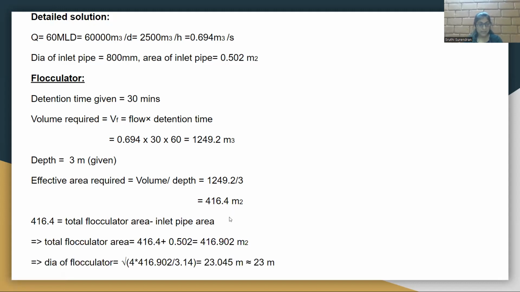From this, you can find the diameter of the flocculator by using the pi d square by 4 value again. We have the area, so you can find the diameter, which is almost equal to 23 meters. The same way you can find it for the clarificator also. For the clarificator, we have the area of the inlet pipe, and the detention time is also given. Using the discharge, you can find out the volume of the